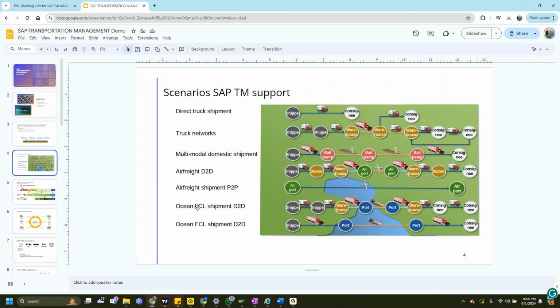Then comes ocean LCL, meaning less than container load. Multiple shippers will come and we collate all the shippers. Multiple shippers means it can be our company, another company, a different company than ours. Instead of sending a partial container onto a vessel, which is a wastage of space inside the vessel and a wastage of money, the LSP will consolidate, because if it goes LCL, he has to pay.